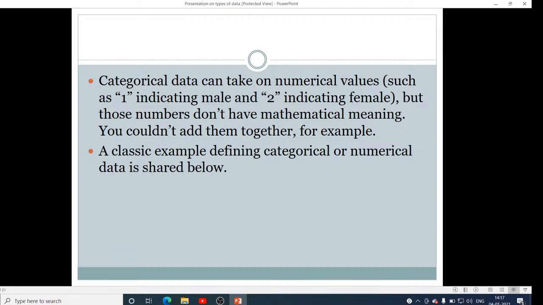Categorical data can take on numerical values, such as 1 indicating male, 2 indicating female, but those numbers don't have mathematical meaning. We cannot add them together, 1 plus 2 or 2 plus 1. But we can give labeling, coding male as 1 and female as 2. But those numbers don't have mathematical meaning. You could not add them together. For example,